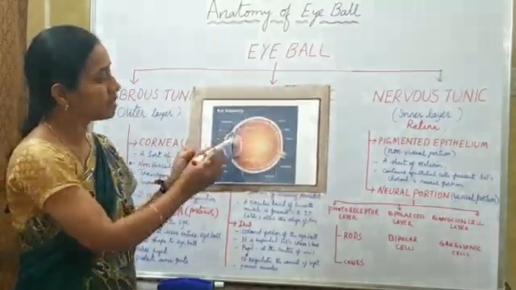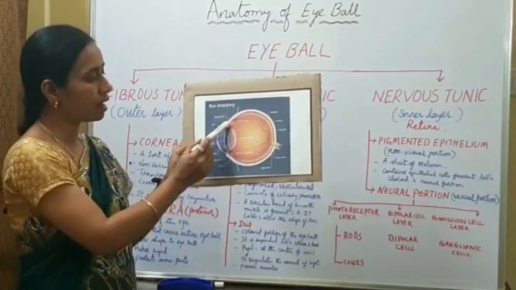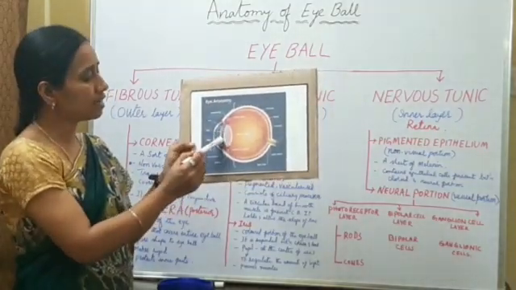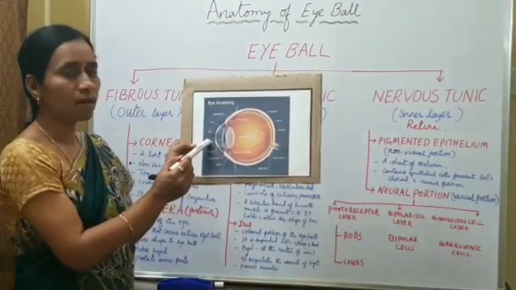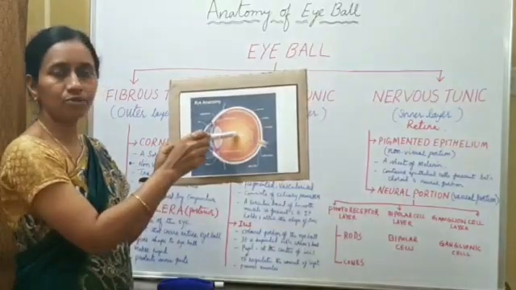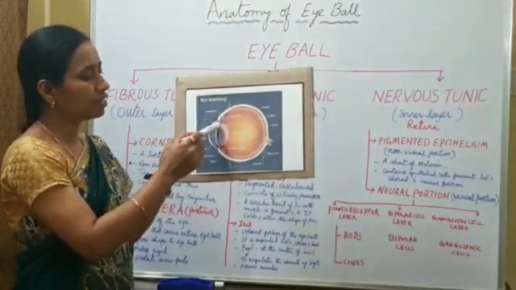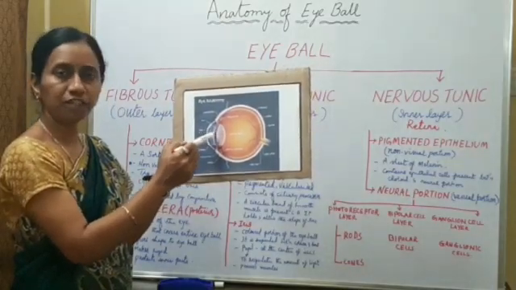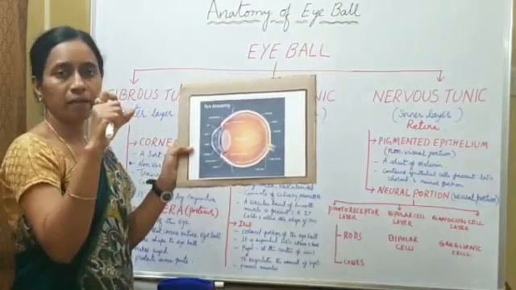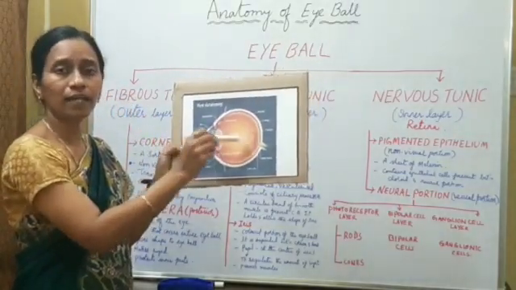The next part is the anteriormost part, called the iris. This is also a pigmented part and it also possesses muscles. The center part of the iris is called the pupil. This is an aperture through which light passes through the vitreous chamber and to the retina. By changing the contraction of the muscles present in the iris, the pupil shape can be altered so that the amount of light can be regulated.